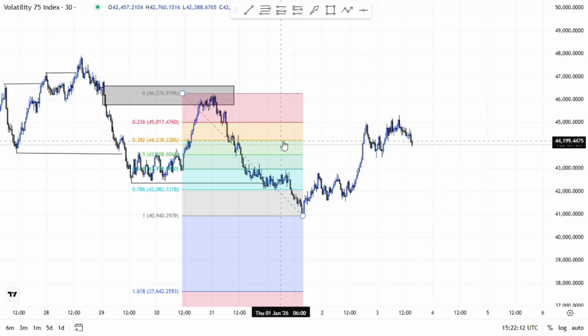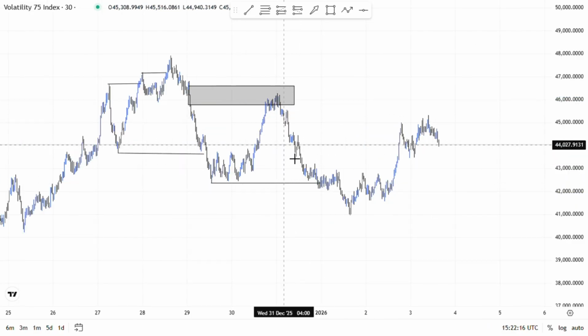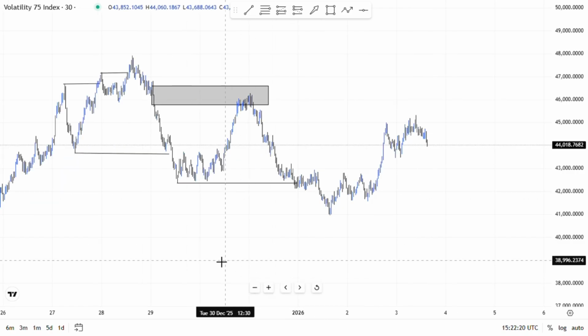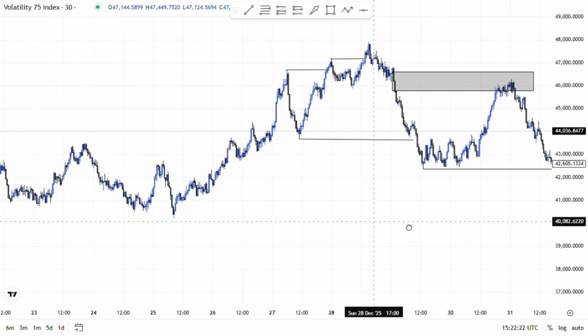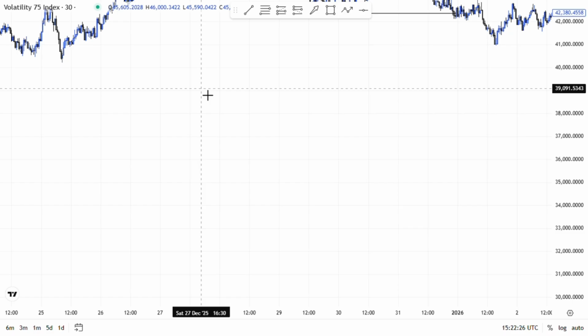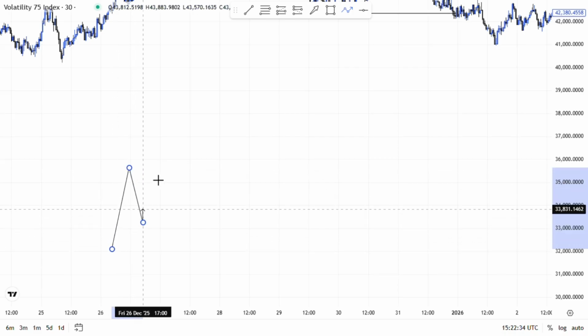You cannot get everything right, but this was the previous setup I took before this present price action around this level. So every time you are taking a setup using the fib tool, first things first, you need to know your trend, and there are two types of trend, which is uptrend